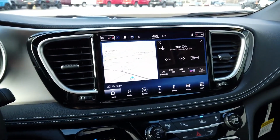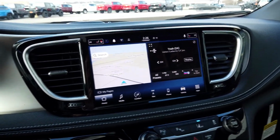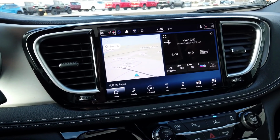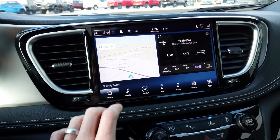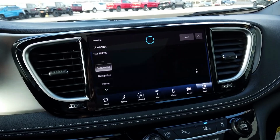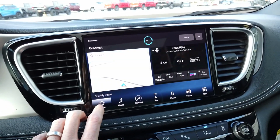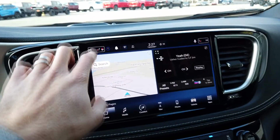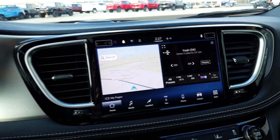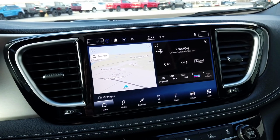Coming over here, it has the 10.1 Uconnect radio. This is a Uconnect 5 radio, which is the newest radio out of Chrysler. Runs really quick and smooth, a lot of controls, but it's simple to use. This particular Chrysler Pacifica does have heated and vented seats, both for passenger and driver, and also for